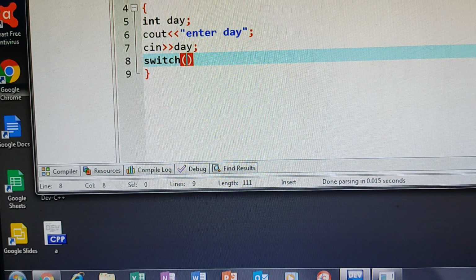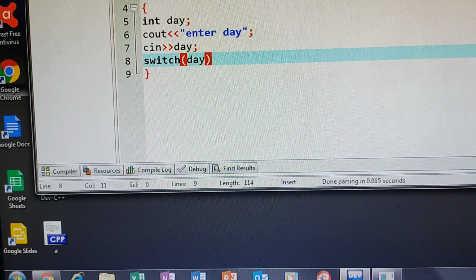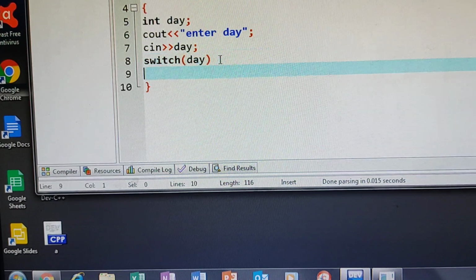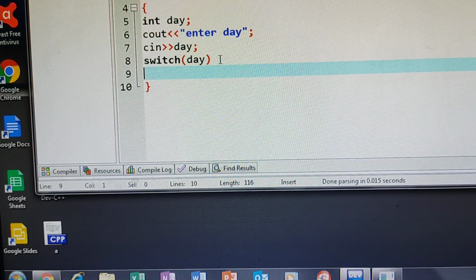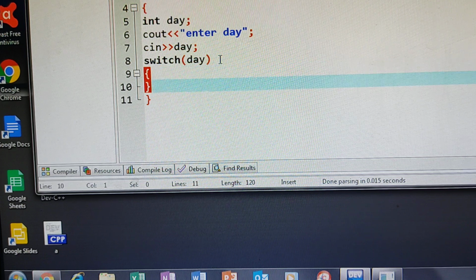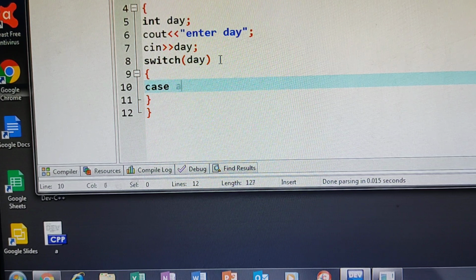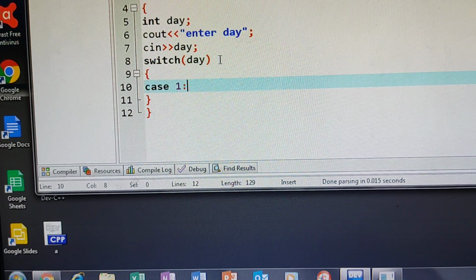So here I will write switch. Inside the expression, here you give the day. So whatever value the user has given is stored in the switch expression. Here it is a block, so it should have a brace. Now you have to give the number of possibilities. Case label 1 I am giving. 1 means what actually here?